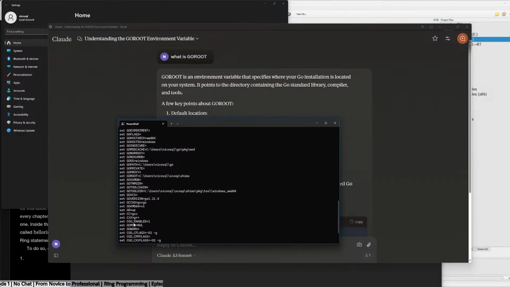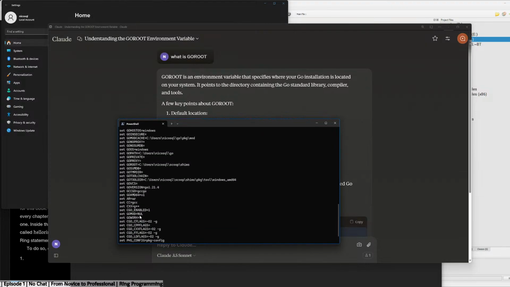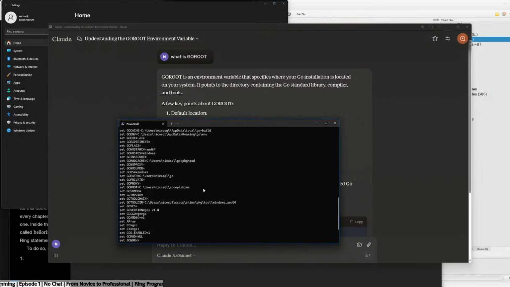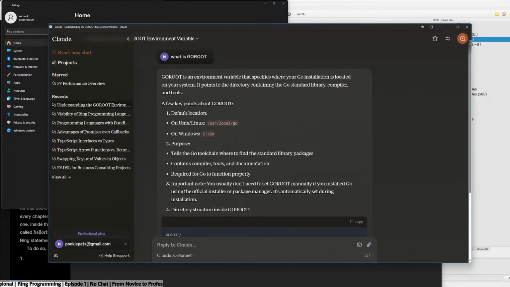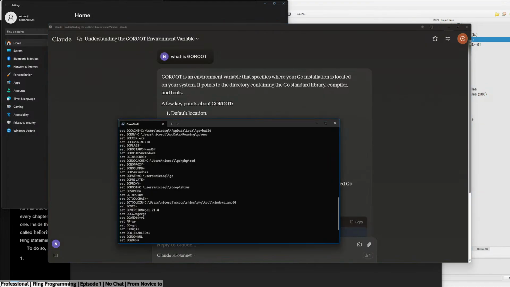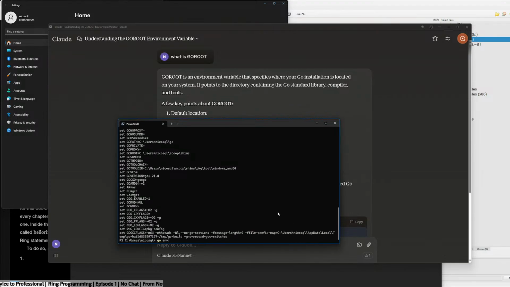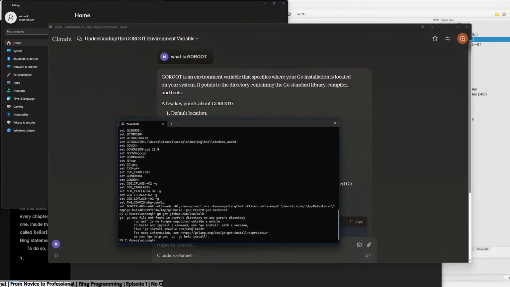Go work. Go root, there we go. All right. Will you now accept? Please let me install it now. Oh, right, my bad. Go install.